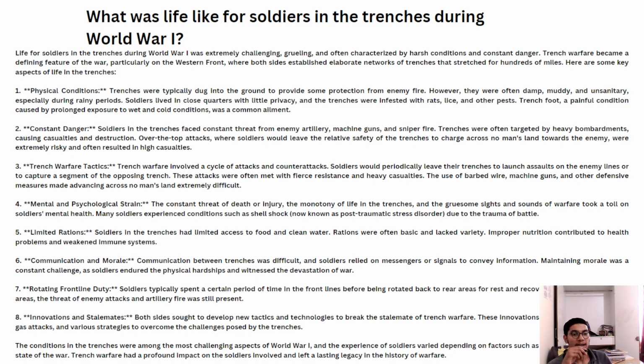Trench warfare tactics: trench warfare involved a cycle of attacks and counterattacks. Soldiers would periodically leave the trenches and launch assaults on enemy lines. These attacks were often